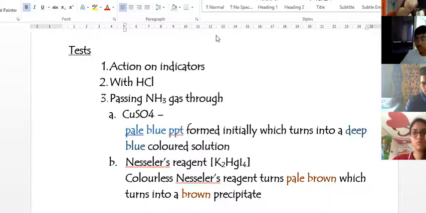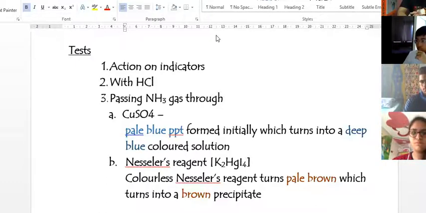Apart from that, they will generally ask you a question like, how do you identify ammonia gas, or write a test to identify ammonia gas? The best test to write is glass rod dipped in hydrochloric acid, because that is the easiest test you can write. The other test, that is, as I told you, Nessler's reagent, they will specifically ask you about that. That is, what do you observe when ammonia gas is passed into Nessler's reagent? Or what do you observe when Nessler's reagent is added to ammonium hydroxide solution, right?